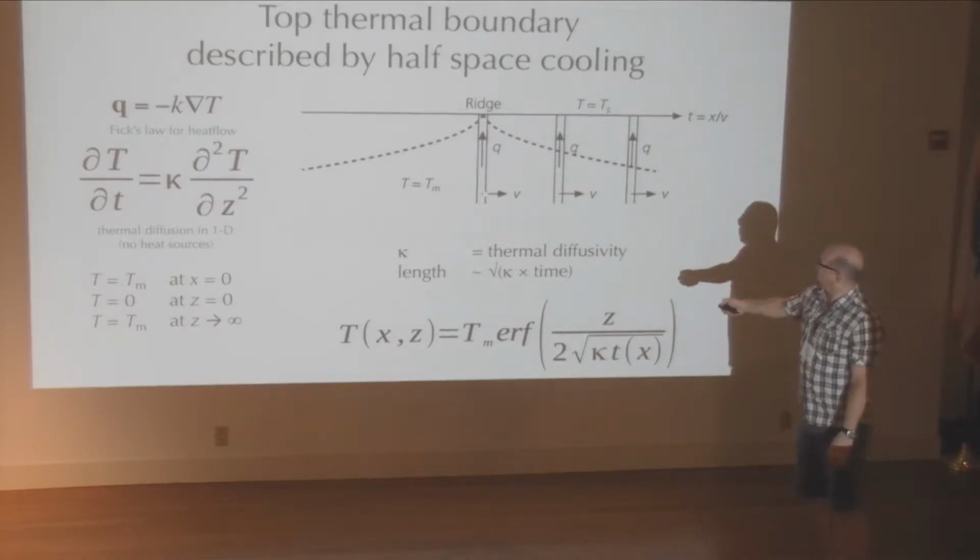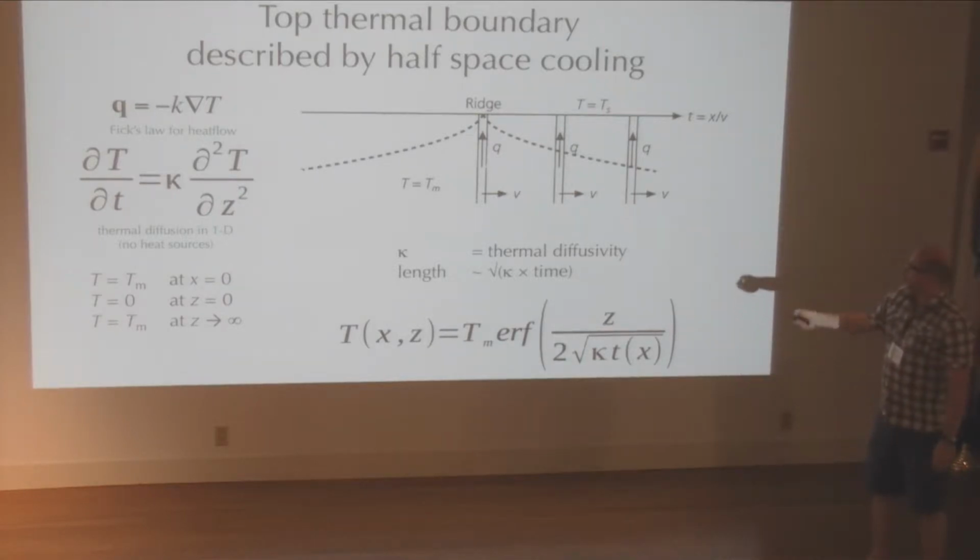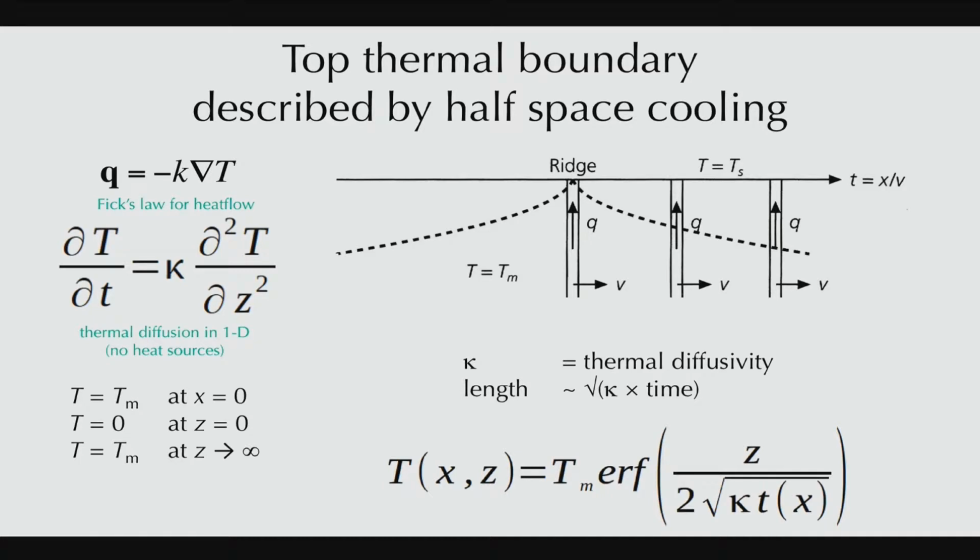And so if we solve this equation, then we find that the temperature with space here, which is really a proxy for time, and depth is given by an error function, not that important, and then a depth times the scale length here. Right? This is one of the few nonlinear partial differential equations that you can solve analytically. You solve it by what is called a similarity variable, but really what this is saying is that